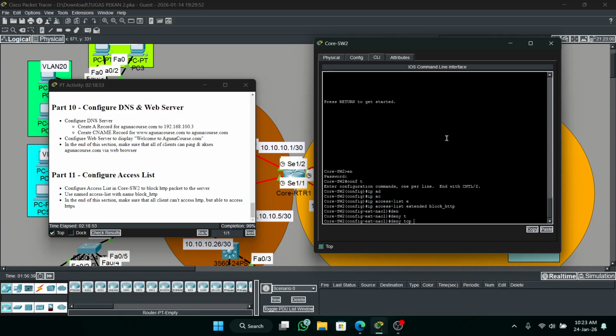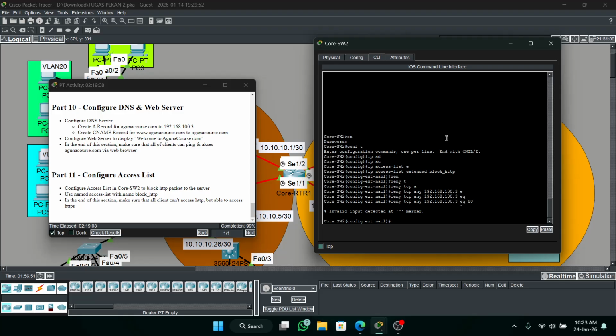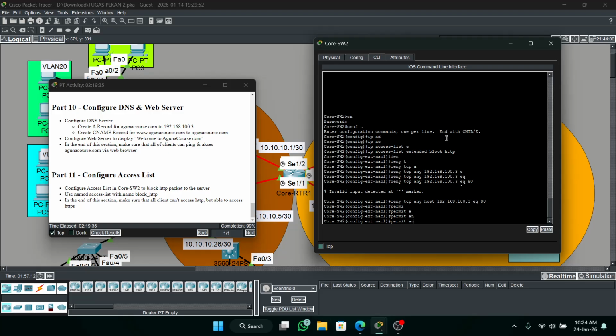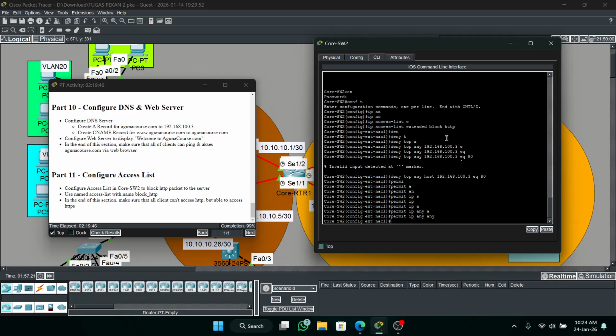Then deny TCP any host, and eq 80. Okay, any host, then permit IP any any. Okay, exit.